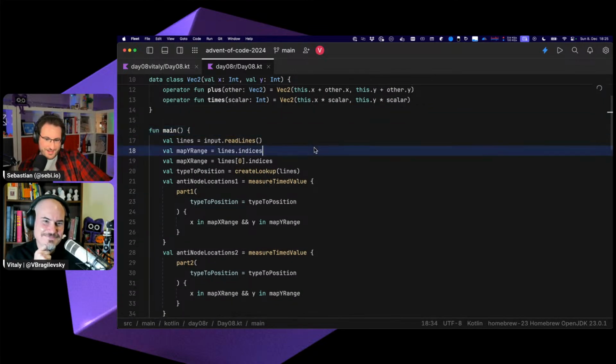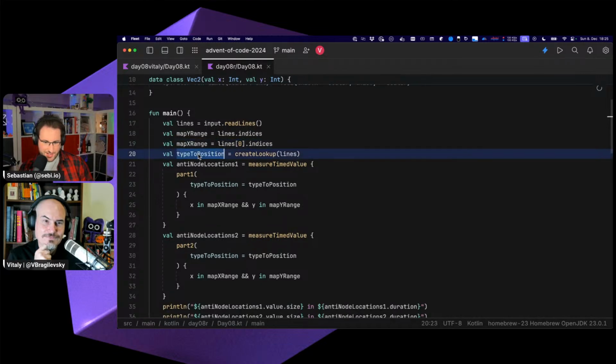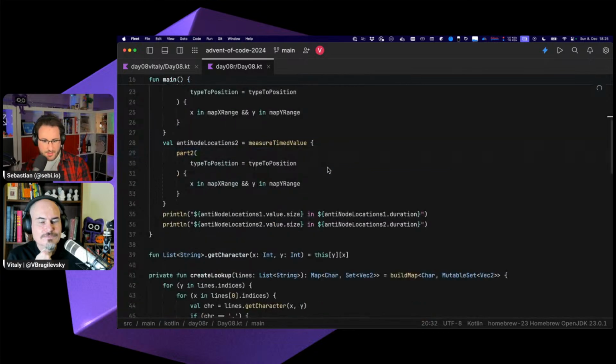So, first of all, again, we have this wonderful story about our line indices, right? Because we need to figure out how big our map really is. So I just decided I'd grab the map X and Y range. And then I was like, well, the first and most important part is being able to look up elements based on their type. So the capital letter, lowercase letter, or number that's associated with it, and return that position, which